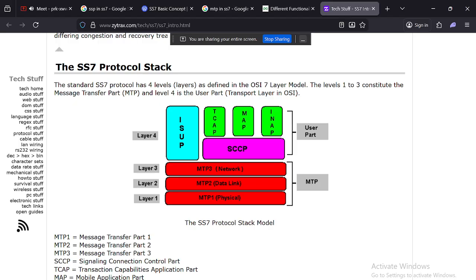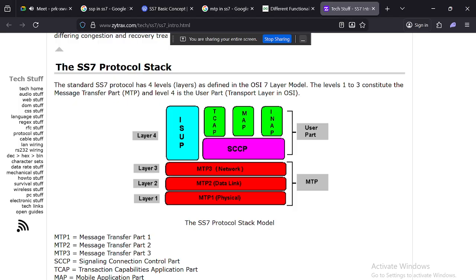When it comes to MTP level 3, it's like the network layer. It handles message routing and addressing using point codes and congestion control across the SS7 network, and ensures the message reaches the correct destination and signaling point. Like if you enter a valid phone number, this will also be handled. You have entered the right phone number and that will reach the right destination, the client, in the network layer.